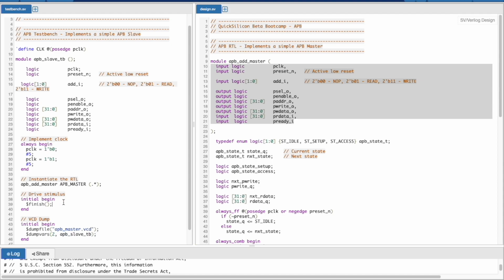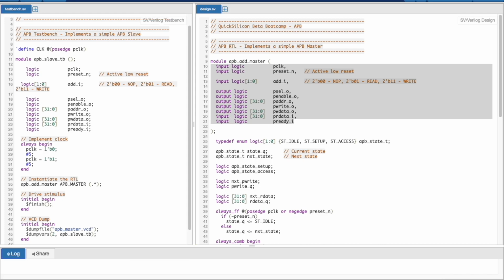Okay, so let's just compile this and then we'll add some stimulus to it.